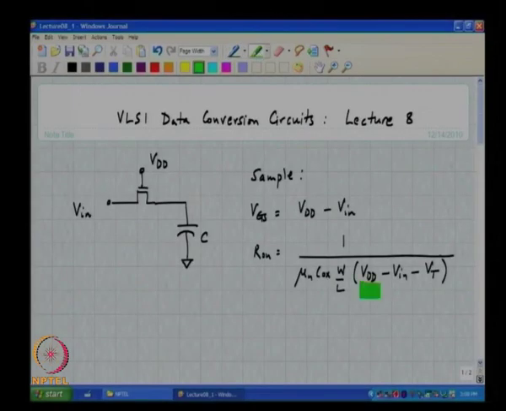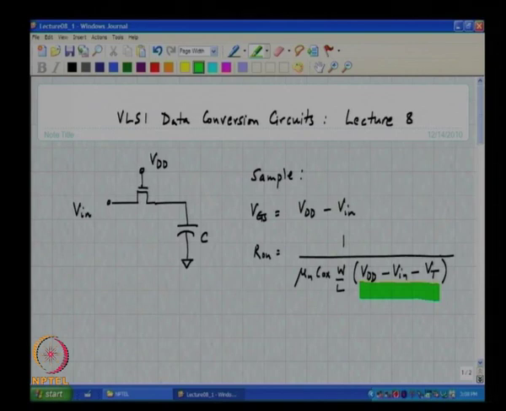And how would you prevent the resistance from getting modulated by the input signal? The culprit is this character. So we see that the gate is being held at a fixed voltage VDD in order to turn it on, right. Unfortunately the source voltage is the input voltage and is varying with time. Therefore if the gate is held at a fixed potential in order to turn the device on, VGS is varying. So this suggests the solution of,